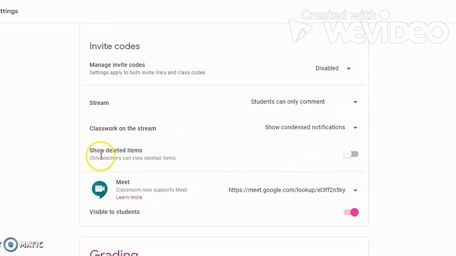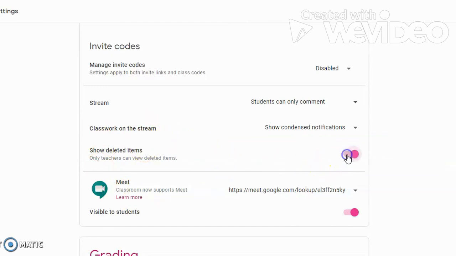Now the next is show deleted items. I'll give you an example for this. If there is a competition wherein students who are interested need to give their names by evening, you have posted a message about this in the morning and later in the evening you delete the post as the ones who are interested have commented. After few days, if you need to refer to the details of it, then this particular option will allow you to view the deleted items.